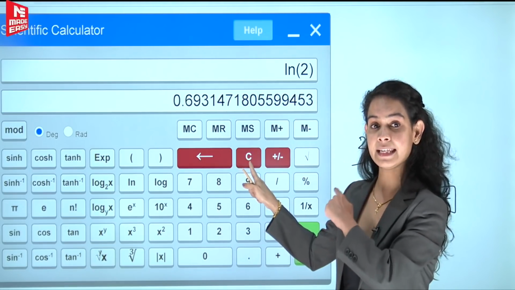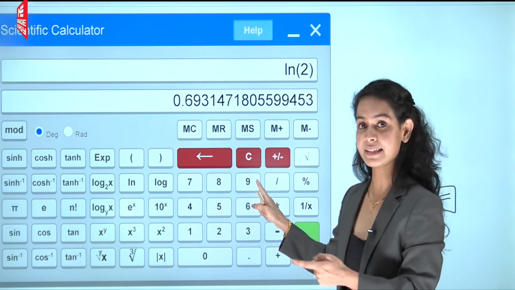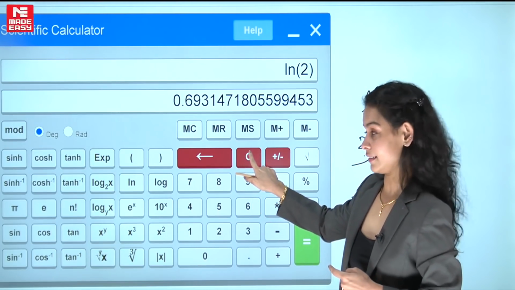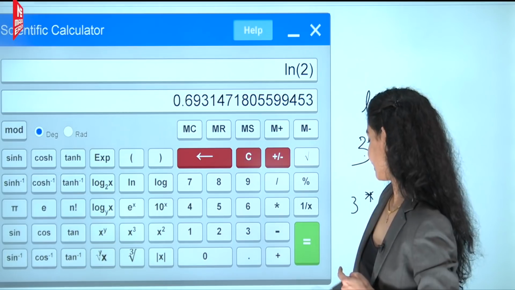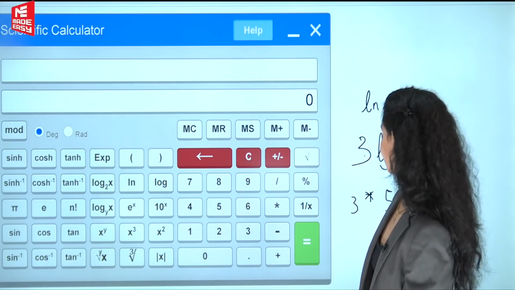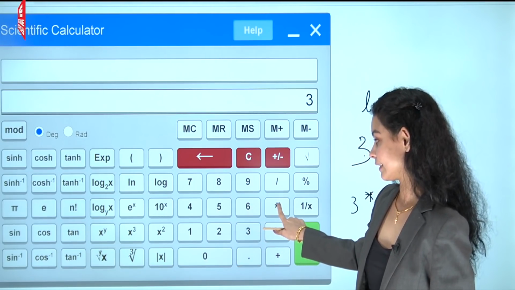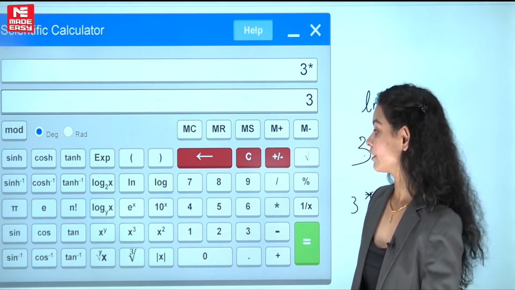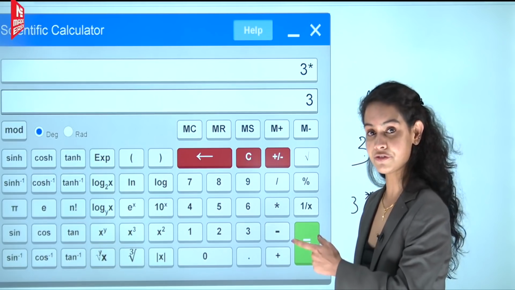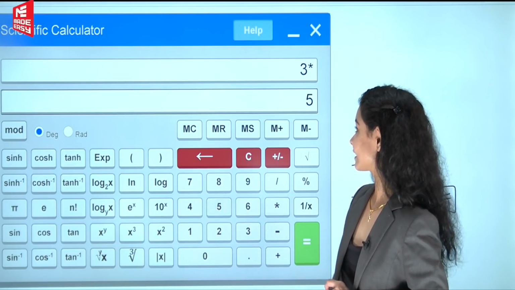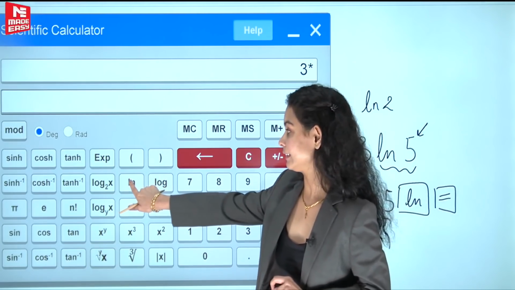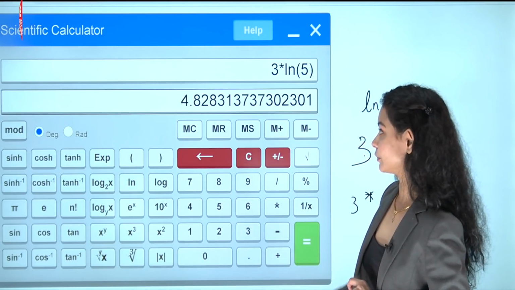First, before performing any calculation, as I said, you have to press the tab C here to clear the previous calculations. Now for 3 ln 5, first it is 3, then the multiplication sign. For ln 5, enter the value of 5 first because that's our x, and then ln,